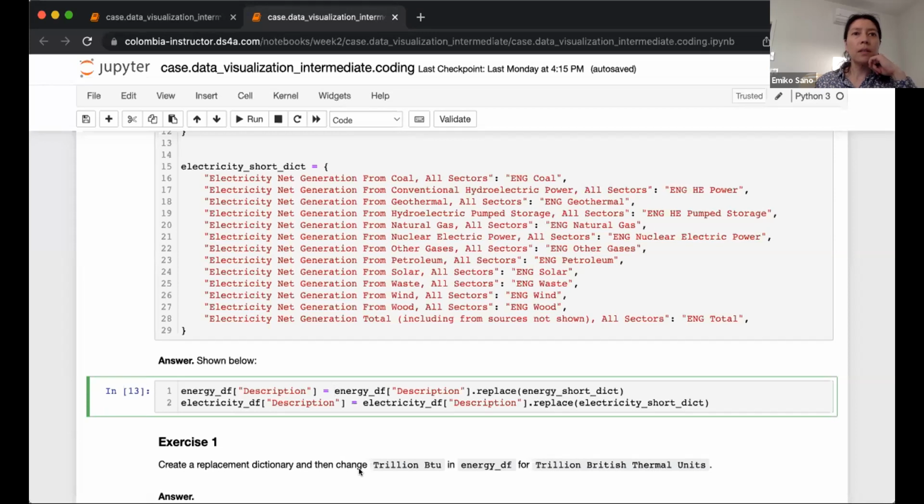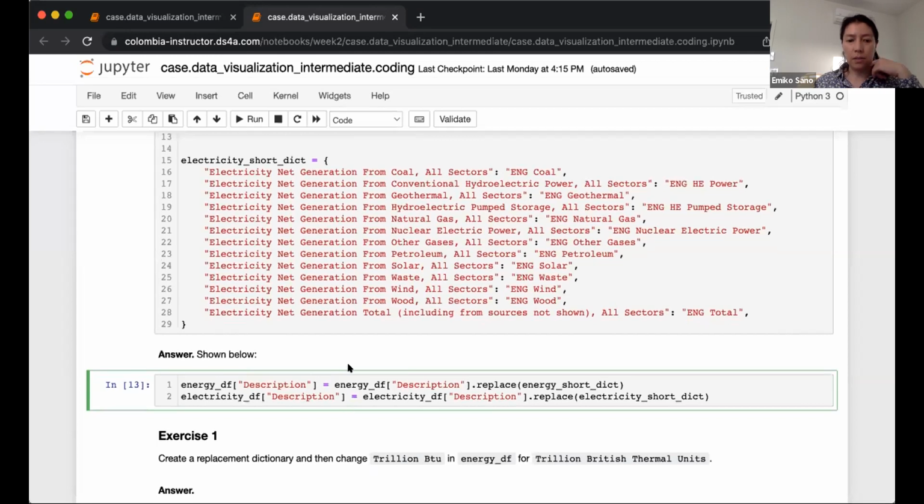So somebody's asking, is the dictionary necessary? I'm not sure how you would be planning to change the value before, but I'm seeing a lot of answers here. Yeah, seeing some great answers here. All right, so